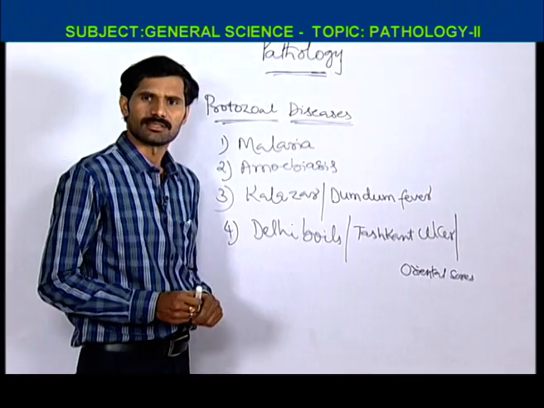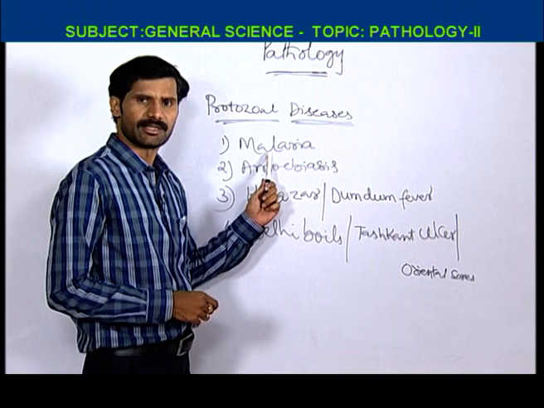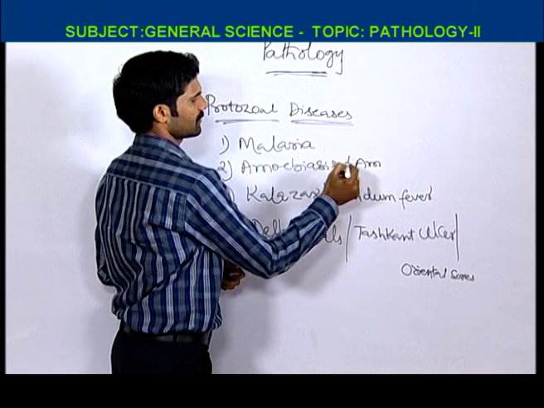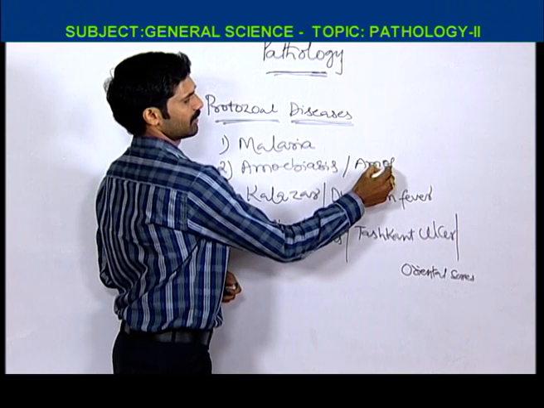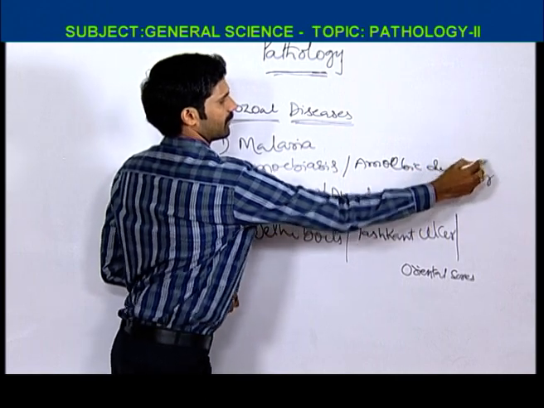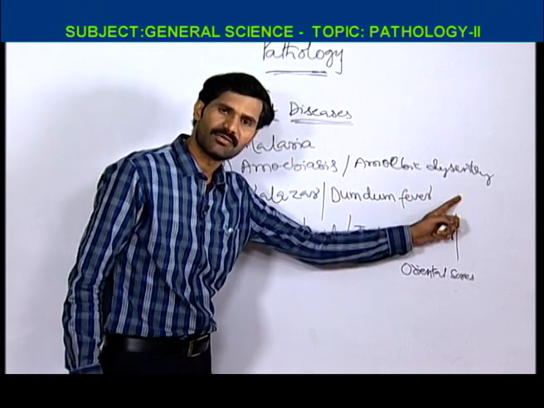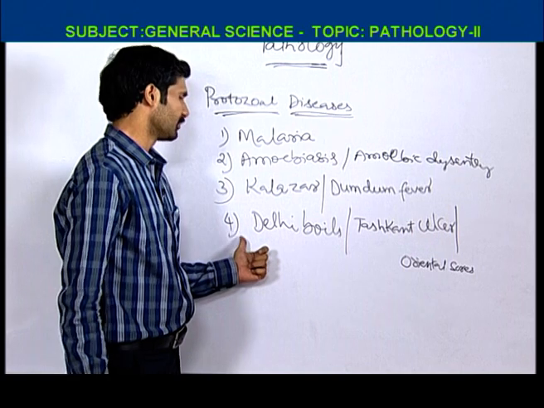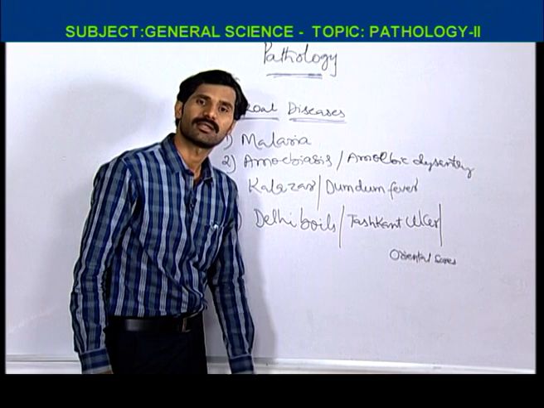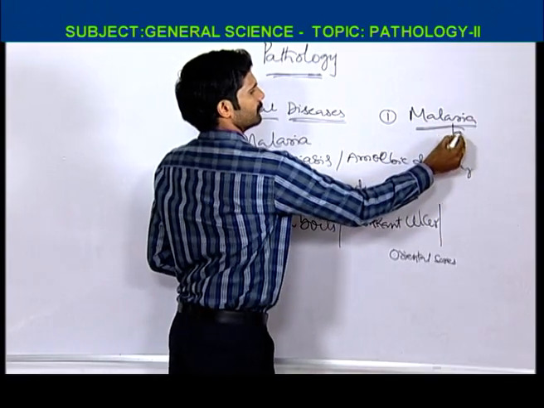Next to protozoal diseases. Main important protozoal diseases are malaria, amoebiasis or amoebic dysentery. Next, Kala Azar or dum-dum fever, also called visceral leishmaniasis, and Delhi boils, also called Tashkent ulcers or oriental sores. Malaria, it is an Italian word